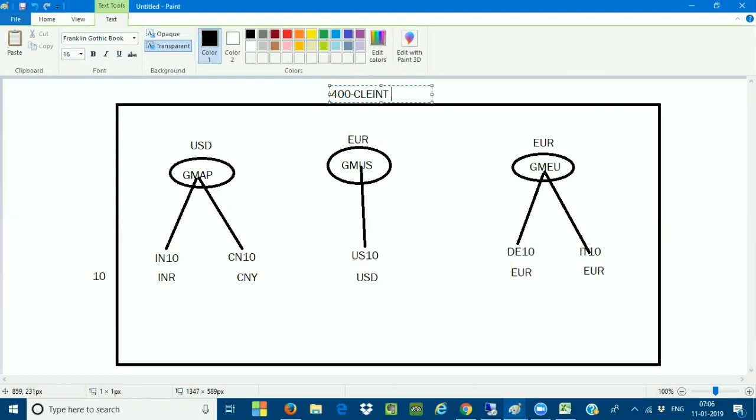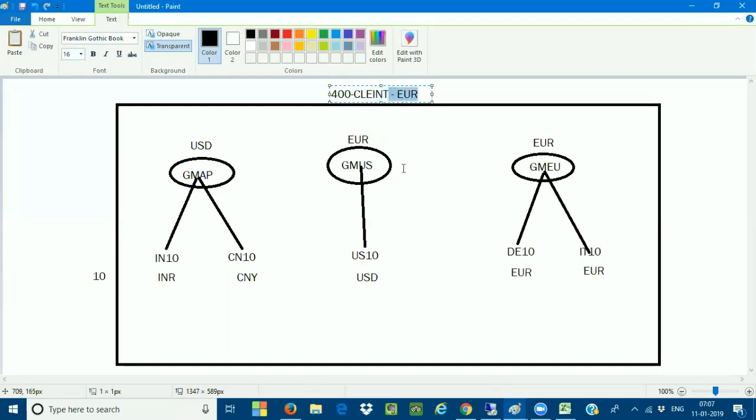Group currency is defined at the client level, not at the company code level, not at the internal trading partner level. Whichever currency you assign at the group level, that is it, even if you have multiple company codes or multiple companies. If you assign a currency here at the top, this becomes your group currency. Either it can be the euro or whatever it may be. This is what we are going to call the group currency.